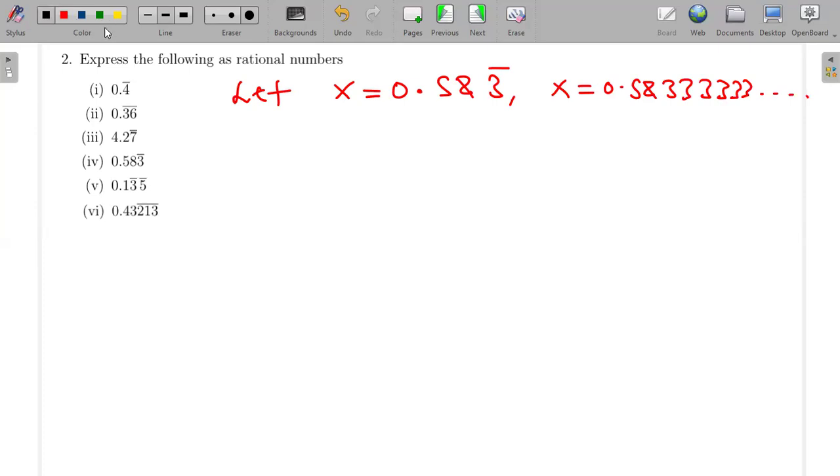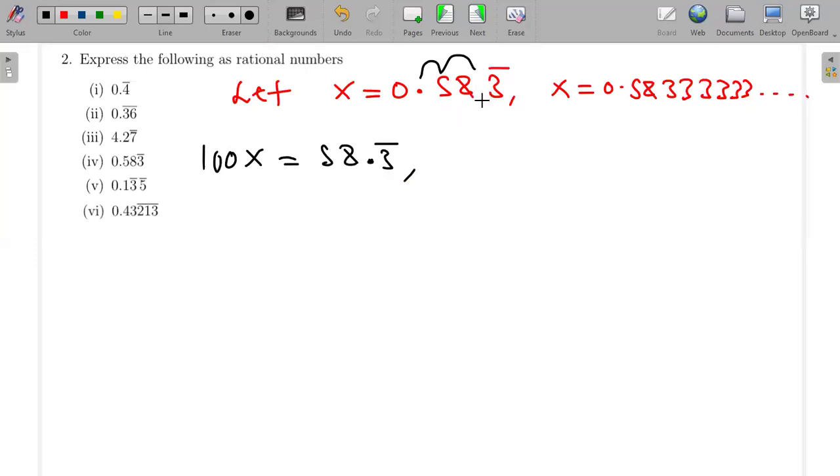immediately after the decimal point, I have the repeating part. So I'll move this point 1, 2 to get the first number. If I move the decimal point 1, 2, it means I multiply by 100, because it has two zeros. So it will be 100x equals 58.3 bar. And then the other one will be when I move this point a step